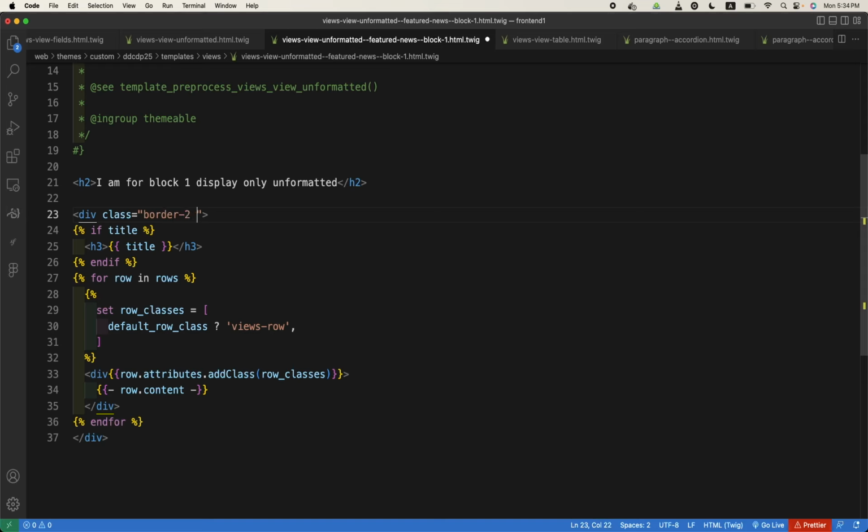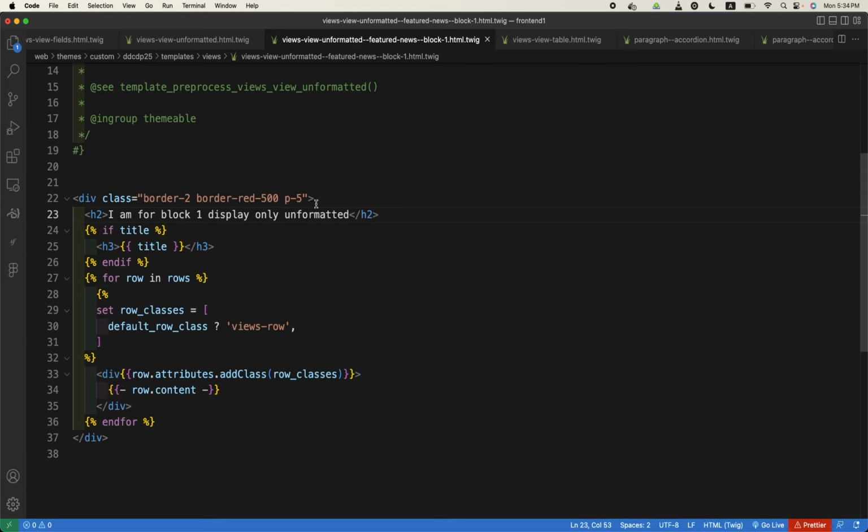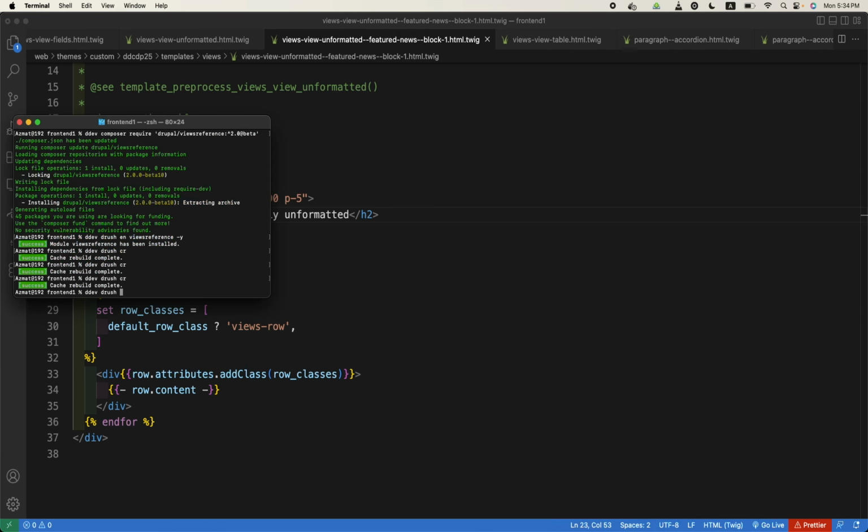And border-gray, border-red, red is red-500. Yes, and maybe some padding, p-5 or 6. And we will move this to, this is because we are learning a lot of things, so we should have this markup for now. So this is the unformatted one, right? Yes. So if I run drush cr now